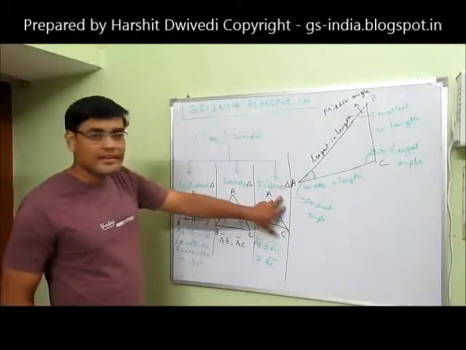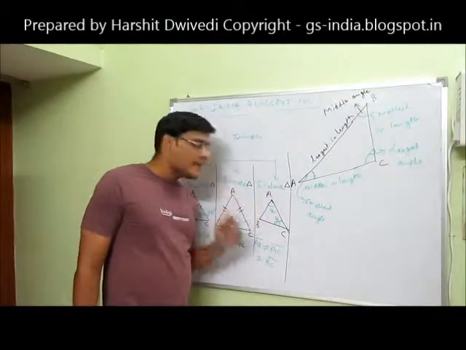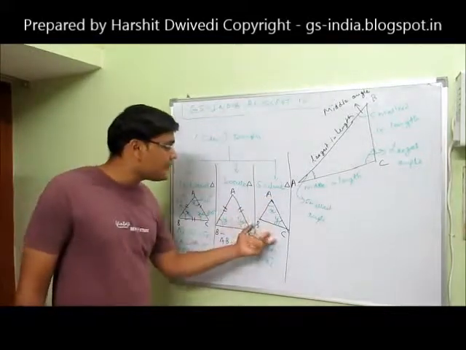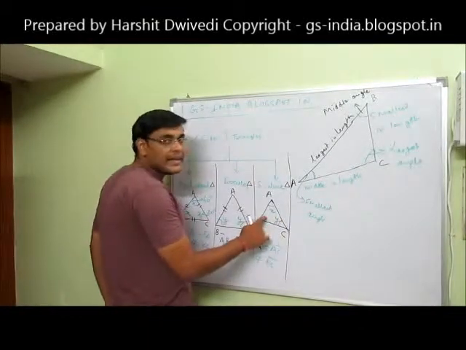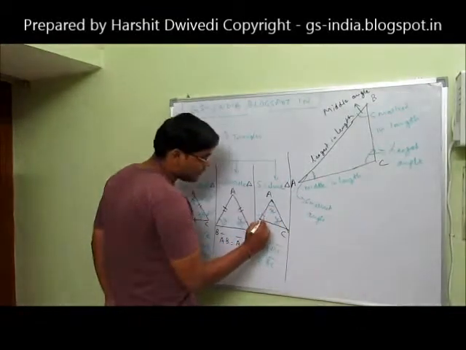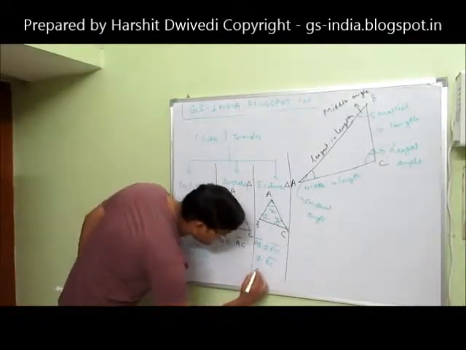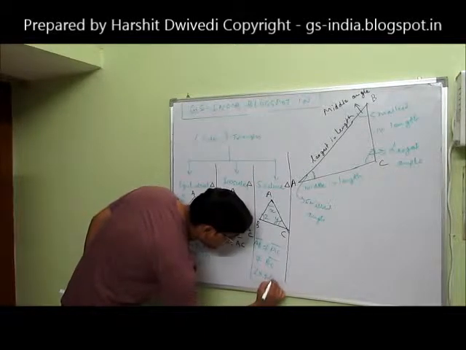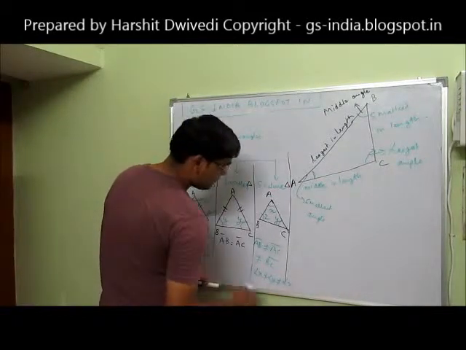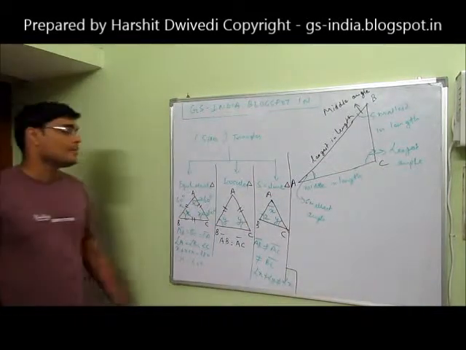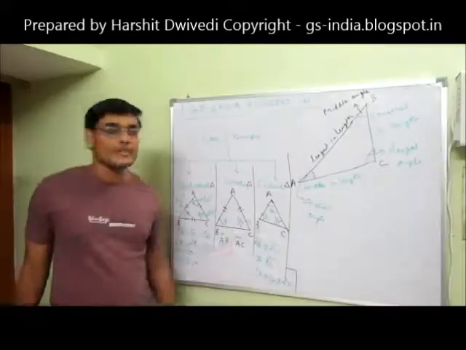Now what is the line remaining? AC. Already told you this line AC is not equal to either line BC or line AB. So the angle opposite to this line AC, that is angle B, it will not be equal to either X or Y. So I suppose it as Z. So angle X is not equal to angle Y, not equal to angle Z. This is what it says. All the three angles are unequal. Just jot it down. This angle X is not equal to angle Y, is not equal to angle Z. This is what a scalene triangle is.